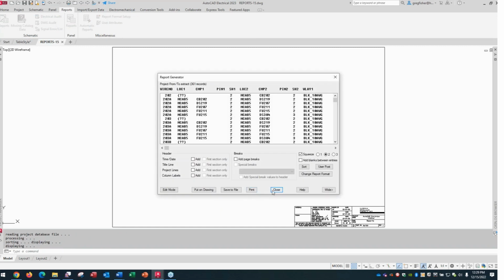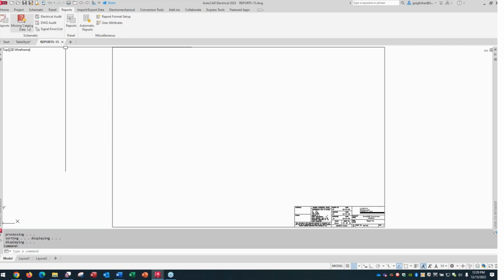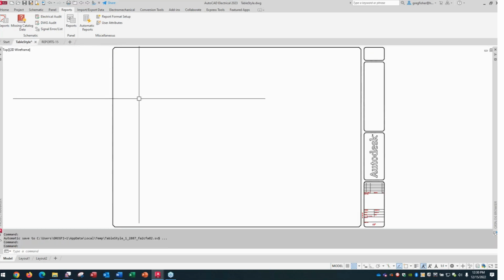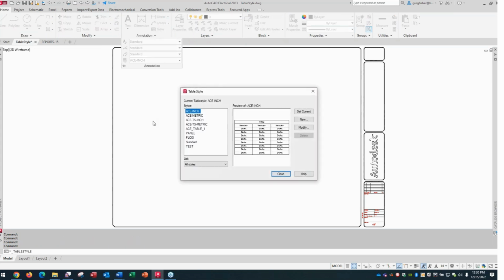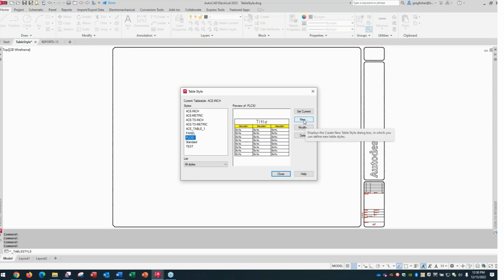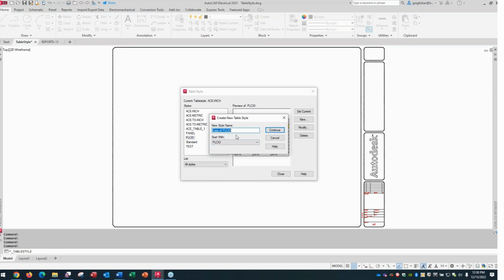So let me cancel out of here, and I'm going to show you how to create a new table style. I'll go back to that table style drawing. I'll go back to my home tab here, and I'm going to go to my annotation once again. And I'm going to keep this simple. I'll make it similar to the PLCIO one. But when you want to create a new one, you will pick an existing one and create it off of that. Kind of like a text style or a dimension style. I'm going to pick new. It's going to take a copy of the PLCIO. I'll call this one from to